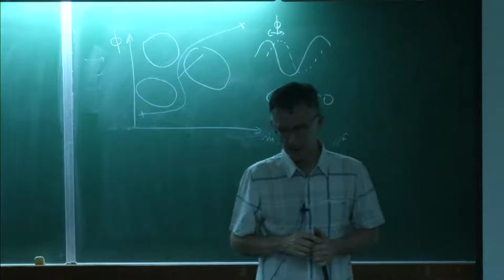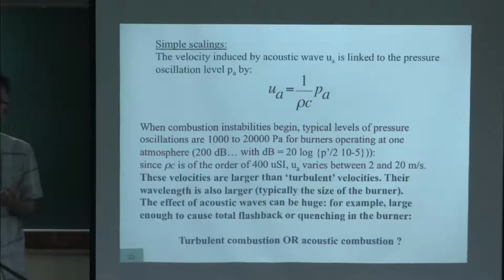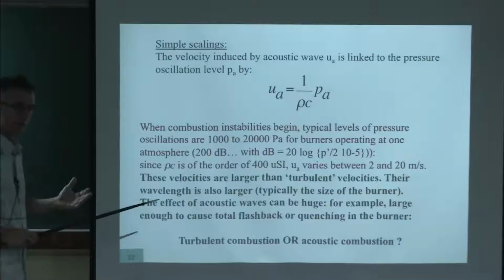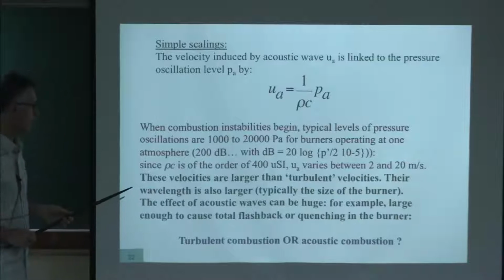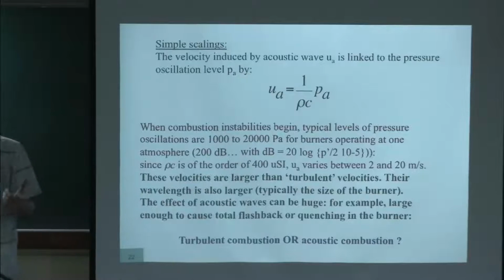So that really means that these velocity fluctuations are larger than most turbulent velocities. We've been talking a lot about the effect of turbulent velocities, but now we have something larger than a turbulent velocity, so it will change the combustion in the system a lot. It will change it so much that this velocity can be even larger than the mean velocity, which brings us to what we said last time: the inlet velocity might be changing sign. So the flow might be leaving the burner by the inlet, which is not good news.